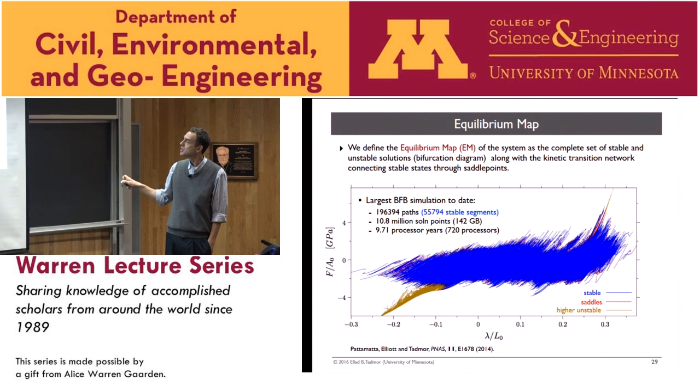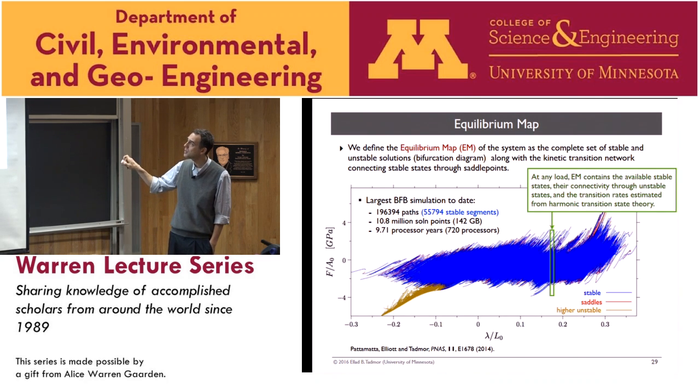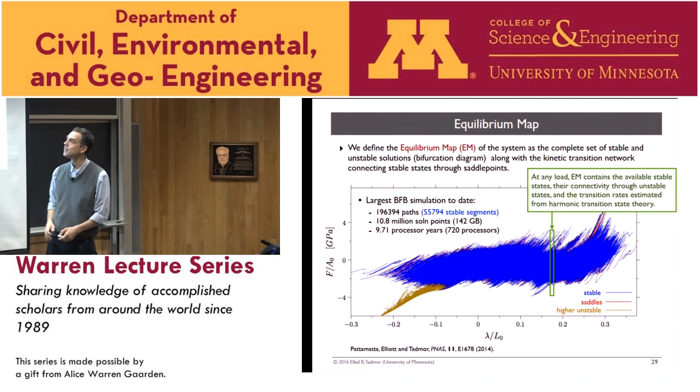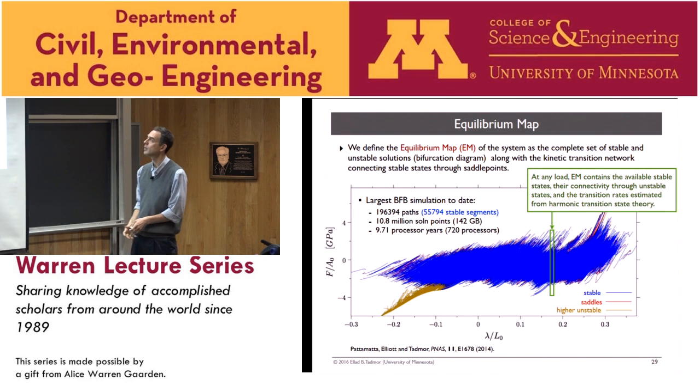And so what this is showing is all the stable pathways, all the saddle points, which are the transition states that exist. If you cut at any point inside of this, say at a strain of whatever strain I'm at here, 0.18, you're crossing through a lot of unstable lines and stable lines, and those define all the possible behaviors of the system at that level of strain. I'll show you a picture on the next slide exactly what that looks like.